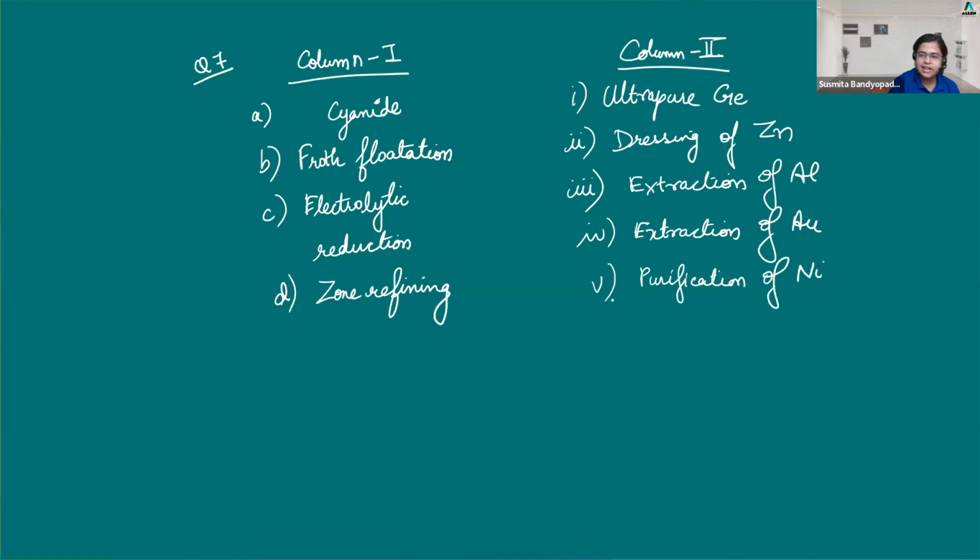I know I've given one extra here. Can you match them? Here A B C D, here 1 2 3 4 5. It's already always given like this, sometimes not always. By the way, this is